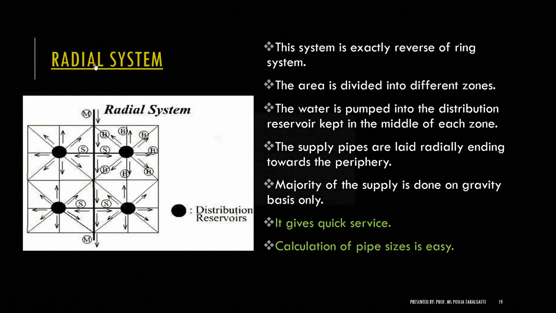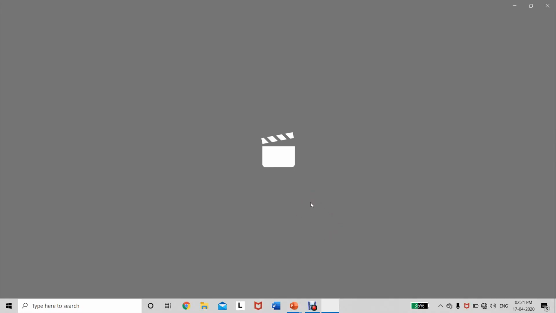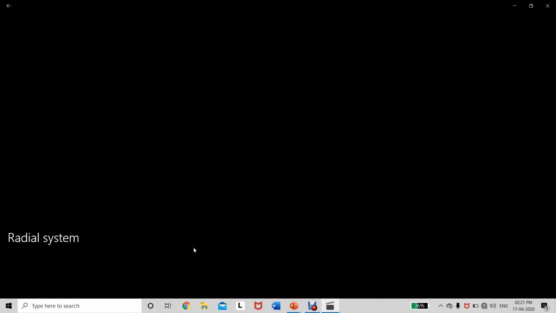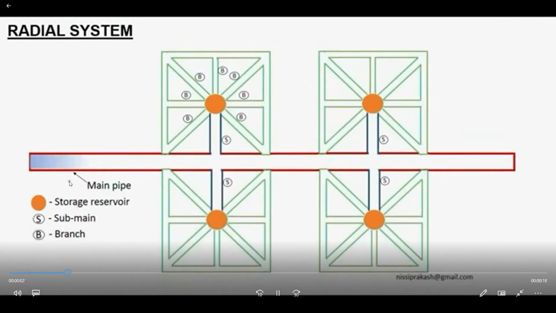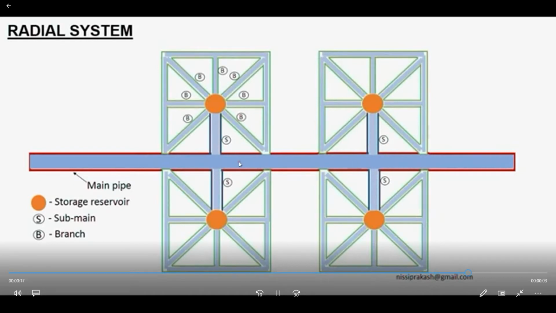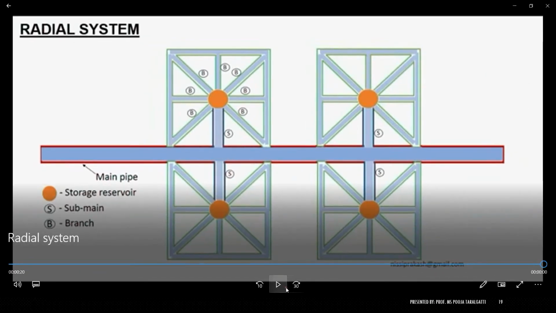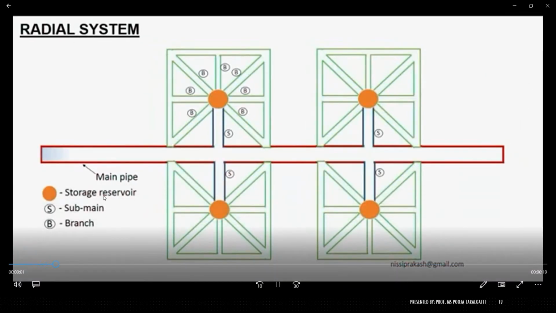Okay, let's have a look at the video that I have for the radial system. Here, the main pipeline is first going to serve the water towards your reservoir, and from this reservoir your water will be distributed into branches or sub branches. Okay, so the main pipeline gives to the reservoir and then sub pipelines. Okay, if you want to see it again, you can go for it.